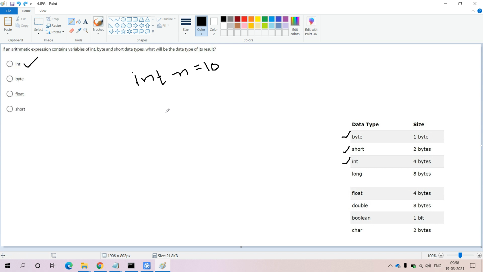Let me take a different data type, double n1, holding a floating point number 32.13. If I perform n plus n1, what will happen? Here we are performing arithmetic addition between the n and n1 operands. n is of the type integer and n1 is of the type double. That means the entire result of this arithmetic expression will be produced in the format of double.